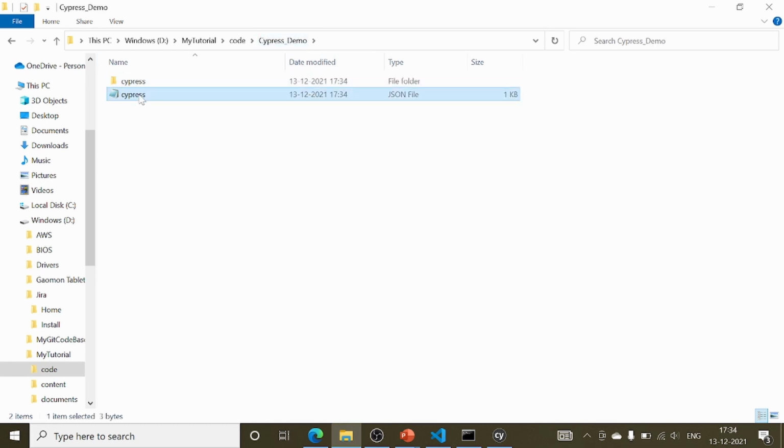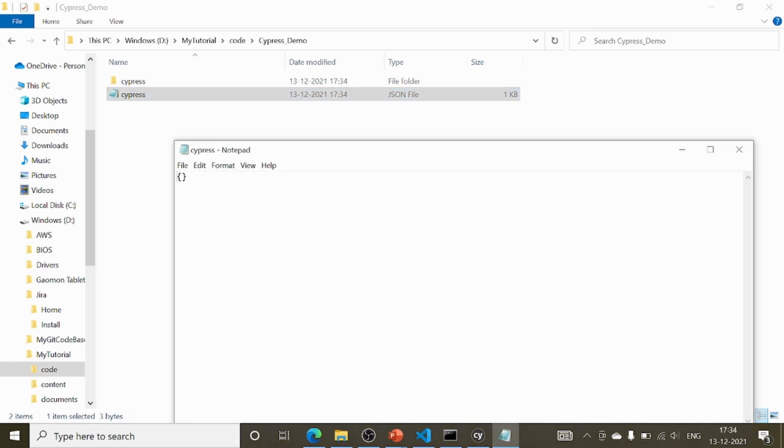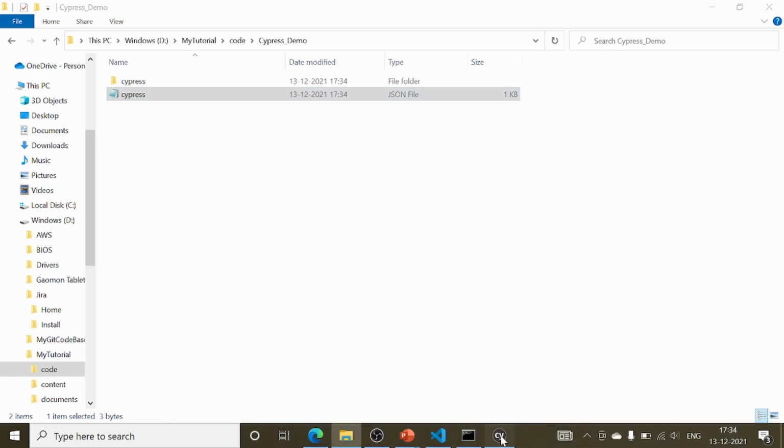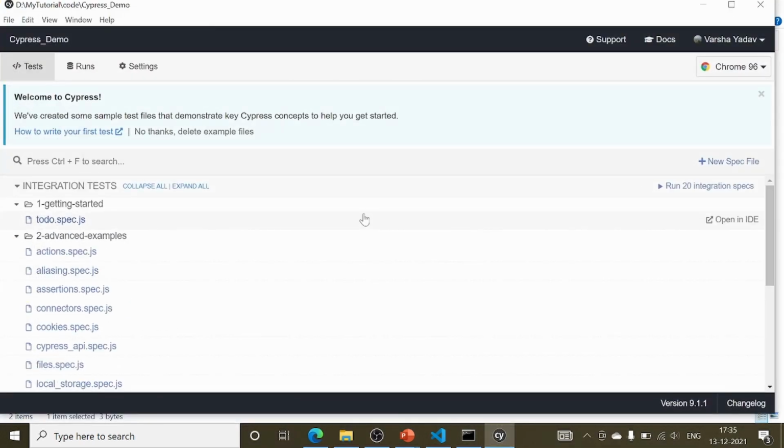And we also have the cypress.json file, which is nothing but the configuration file. If you want to specify any predefined settings in Cypress, then you must specify them under this configuration file, cypress.json. Let's move to our test runner.